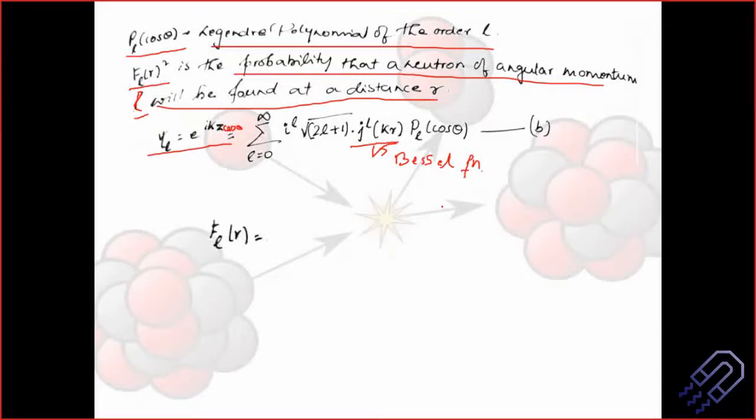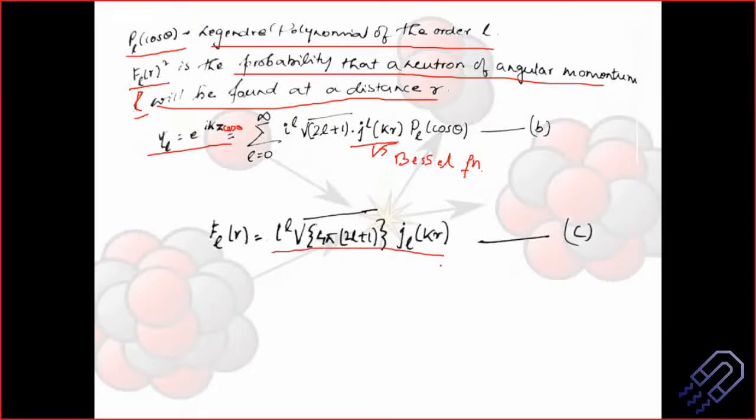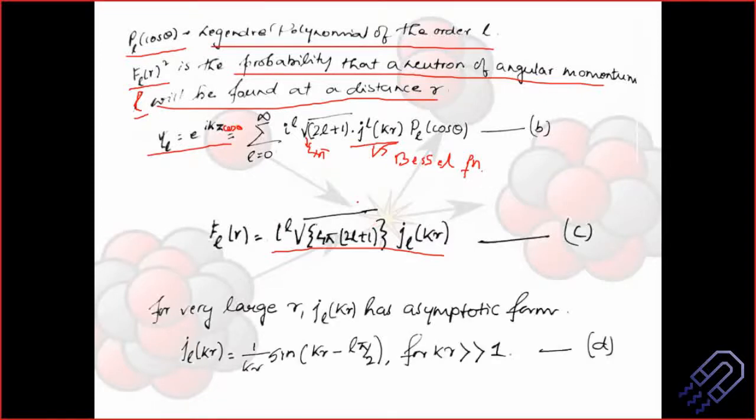So we can actually write down FL(r) as nothing but this particular term. So this is the term we have. Okay, you can actually further simplify it and then write it down. I think I missed a 4 pi here. Sorry, there should be a 4 pi. Okay, so this is FL(r). So what we have is the equation with FL(r) P_L(cos theta), but then FL(r) is a function which is dependent on the Bessel function. So we've just written down the expansion of this. Okay, you have to check that back, and then this is your expression.